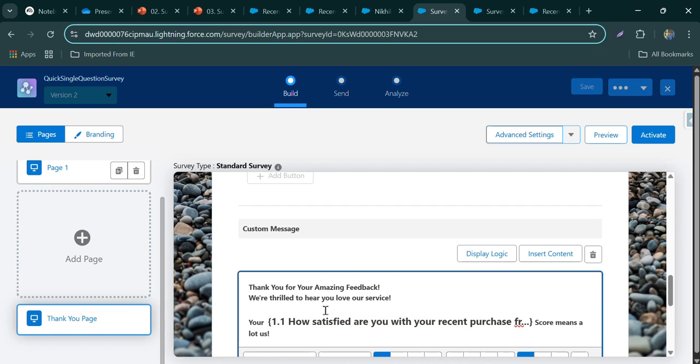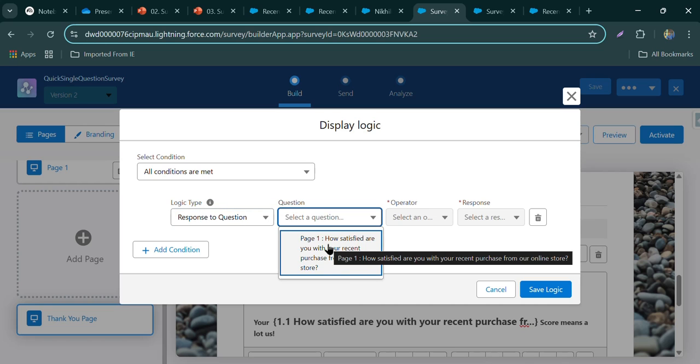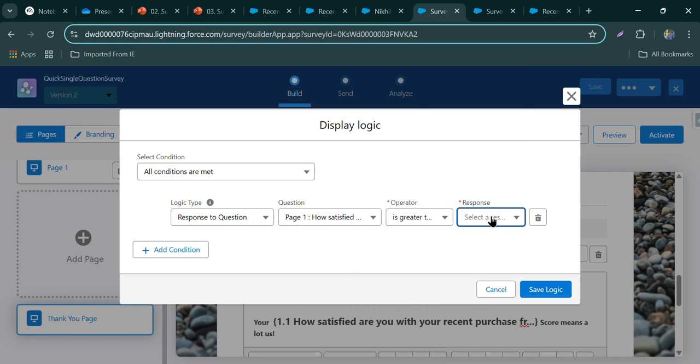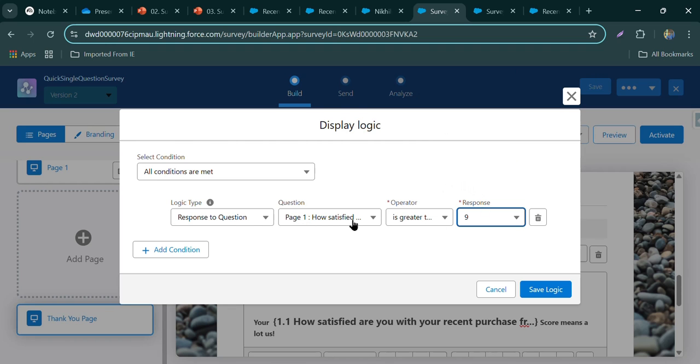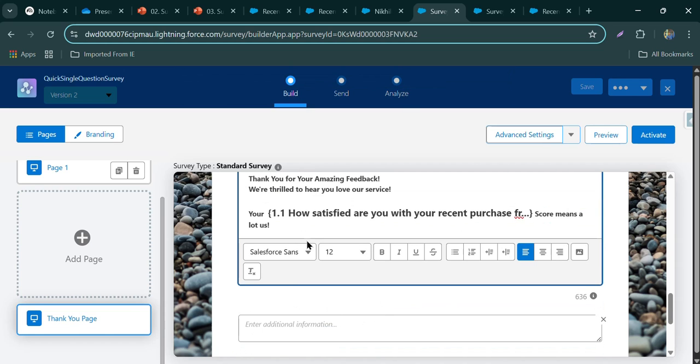And in display logic, we will configure this happy message like display logic. So click on the question. So click on the operator is greater than or equal to 9, so that if this condition is satisfied, then only this custom message will be displayed. As we selected the display logic for a happy response, we will be showing 9 or 10